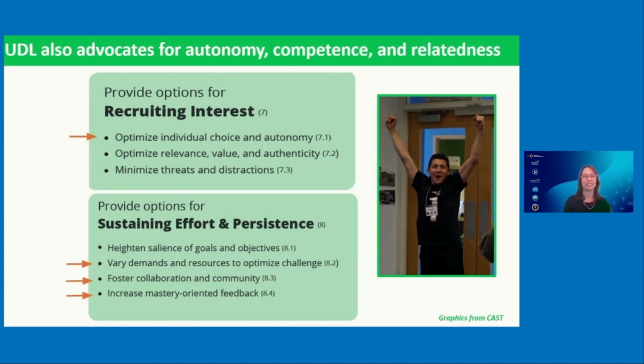And the relatedness is showing up in fostering that collaboration and community. So there's a picture of a student here who might be very excited that the research on human motivation matches so well with the ideas in universal design for learning. Or this might be a student who is very reluctant to engage in STEM and is in that photo celebrating the moment his team completed a very difficult challenge with a robot. I love that picture because of the story